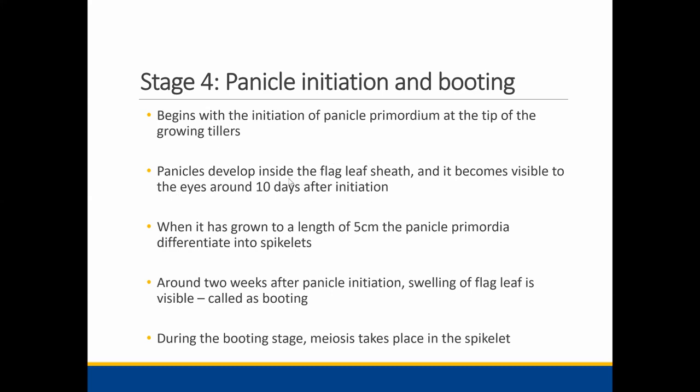So the panicle develops inside the flag leaf sheath. The flag leaf is the last leaf we will have before it develops the panicle from the tillers. This particular panicle develops inside the flag leaf, and it becomes visible to your eyes around 10 days after initiation. If you visit the field at the very early stage, you may not be able to visualize it, but usually 10 days after, you can see